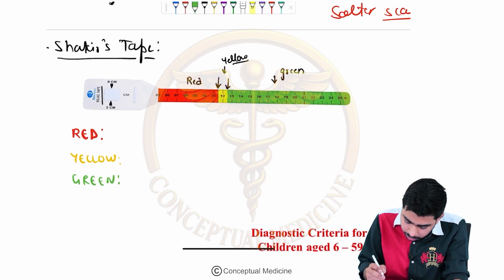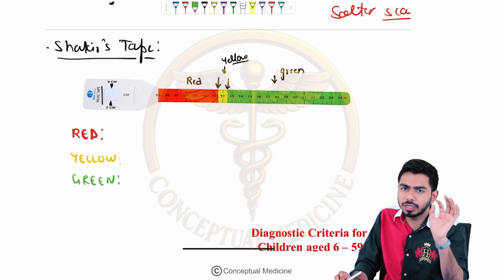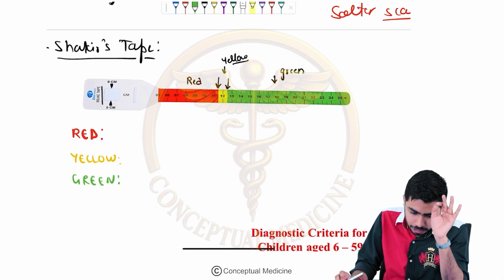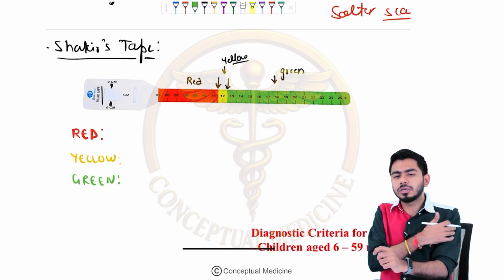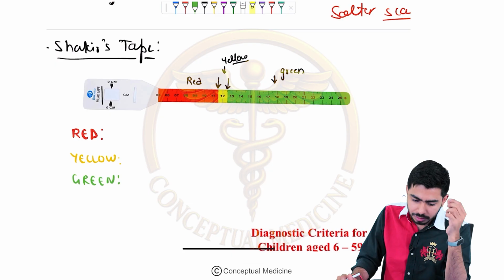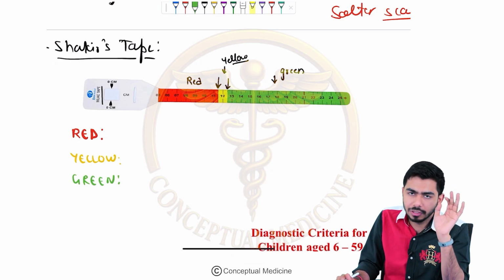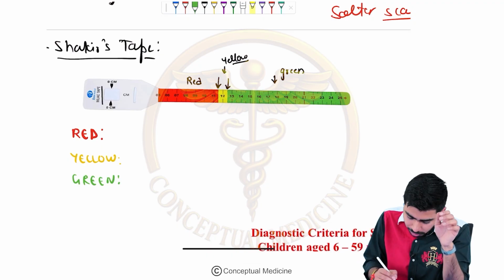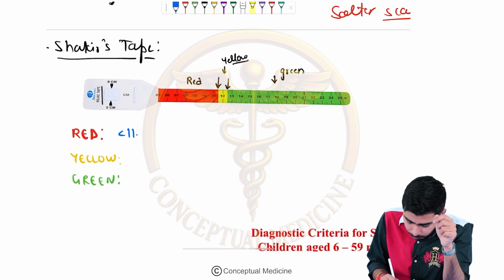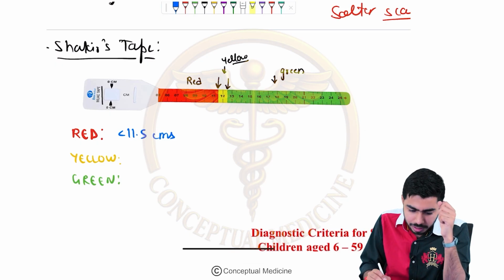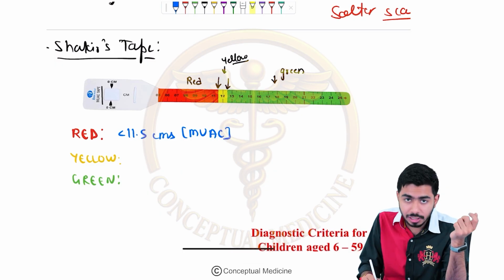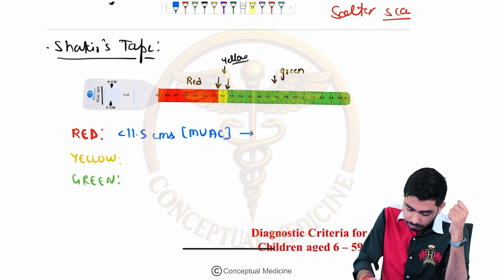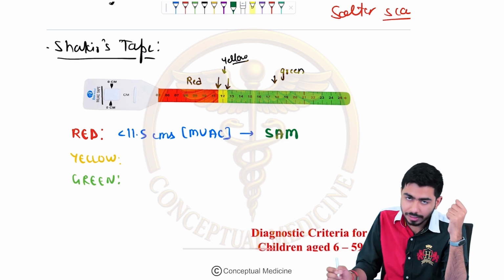Very simple, guys. Here in the diagram you can see that less than 11.5 centimeter is the danger zone. It means that this is the sign for severe acute malnutrition. I mean the mid upper arm circumference, if it is less than 11.5 centimeter, then it will be considered as severe acute malnutrition, that is SAM, severe acute